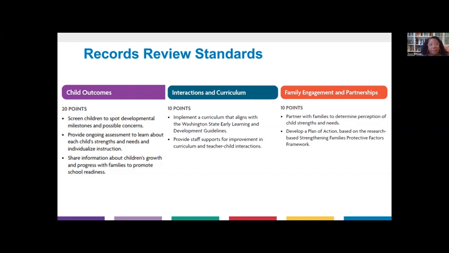And big picture wise, throughout all of the aspects of the Early Achievers system, you're working on the quality standards. Especially as it comes in with program profile and the results you may be getting from program profile that show up in those reports, those would be great opportunities to check in on how people are doing around the quality standards. And once they get to that records review part, what we really do is just checking for the records, the evidence of those quality standards in place. But through the entire cycle, people are addressing the quality standards. So just to keep that in mind, it's this continuous quality improvement cycle.